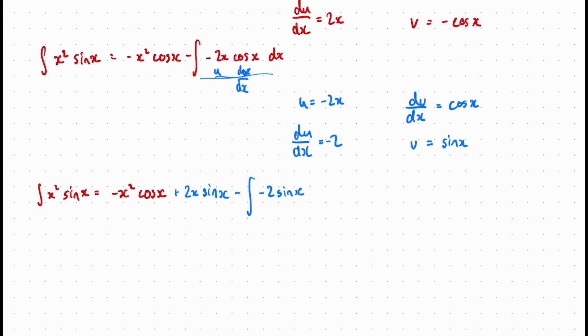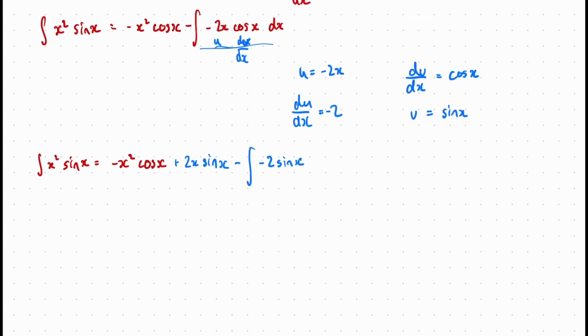Now I've got no extra x term in here, so I can actually integrate that. So this is going to become minus x squared cos x plus 2x sine x, and then minus 2 sine x integrated with respect to x